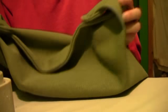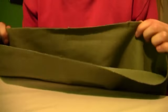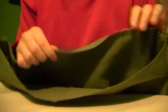So once you have the little feet securely pinned, you're just going to turn the bag right side out. And at this point, all the seam lines are hidden. And the little feet are what give it the shape of a bag. So now that we have the basic shape of the bag, we're going to take the top of the bag,